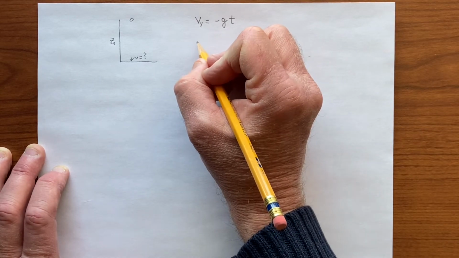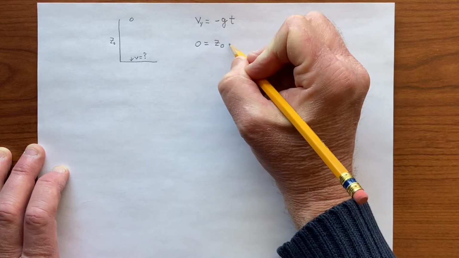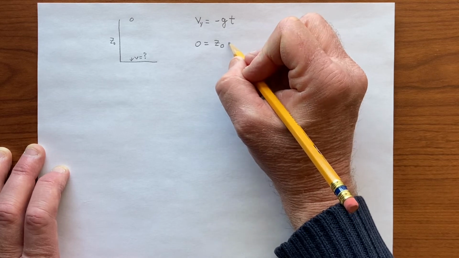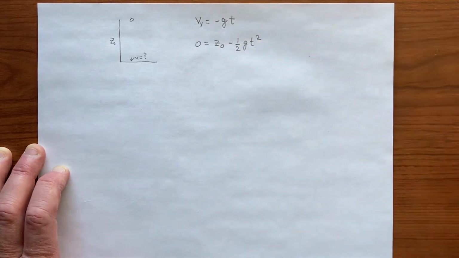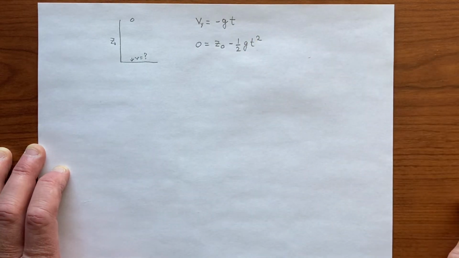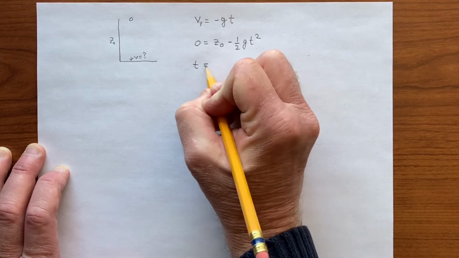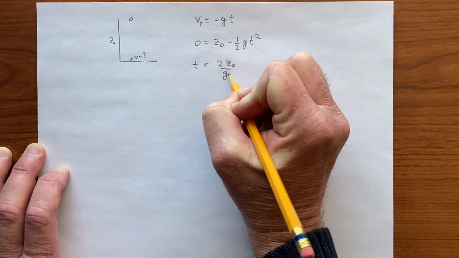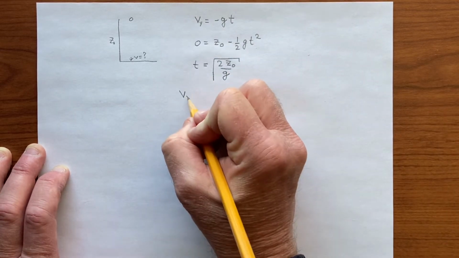So the final y is 0. The initial y is z naught. V naught y t, that's 0. V naught y is 0. Again, minus 1/2 gt squared. So we'll get our time from this. We'll plug it into there. It's a two-step process. So our time is the square root of 2 z naught over g, and Vy therefore has to